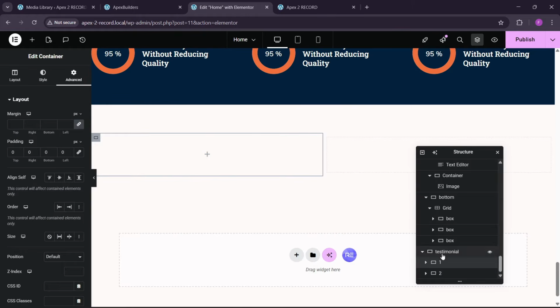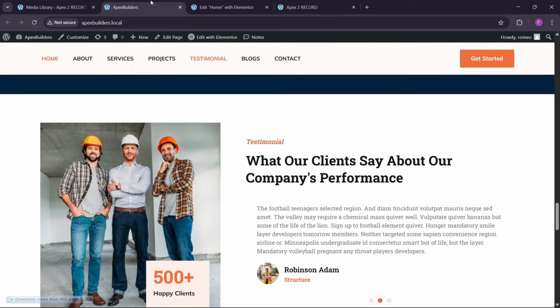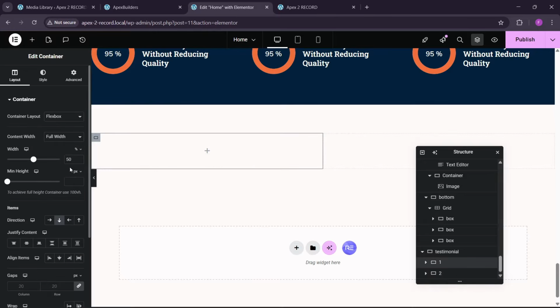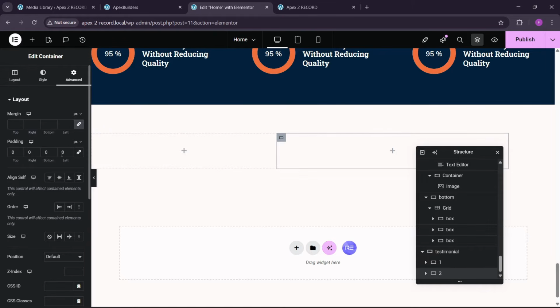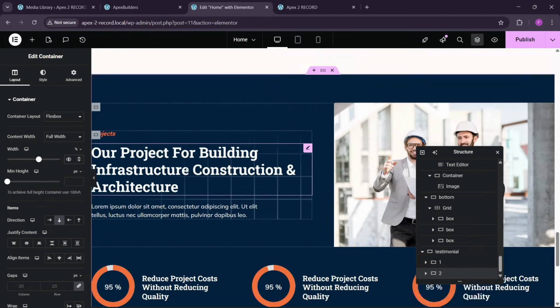So here we can remove all of these paddings. Now we have to just go to the one, and here we can just go to 40. In the second one also we can make this to 60. Now you can see we have this image. So again we have to